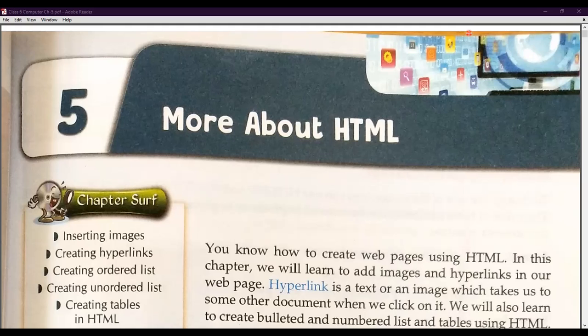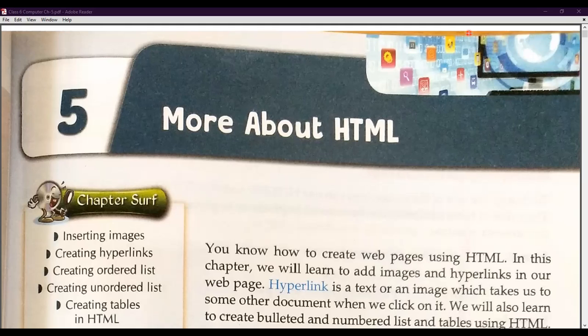For creating any kind of web page or a website, you first need to understand how you can deal with HTML, because HTML is a very easy language, as well as a very powerful language because it can embed some other languages also. So I hope that you have learned the basics of HTML in class 5th computer system. Now I'm going to tell you how you can deal with HTML with reference to hyperlinks, images, tables, lists, etc. So first of all, I would like to ask you, what do you mean by hyperlink?